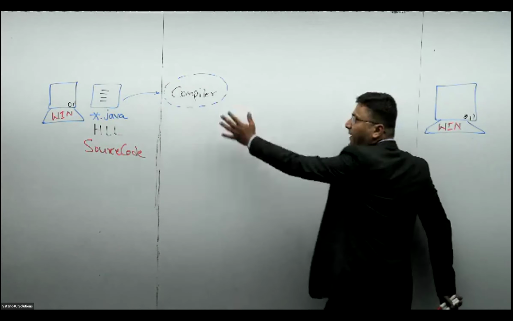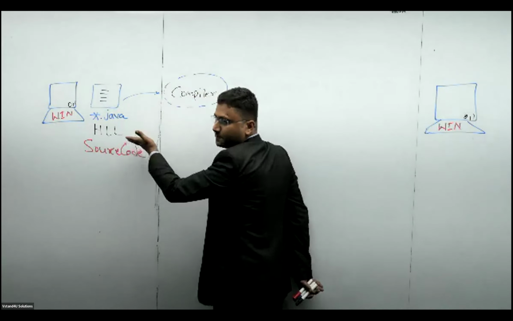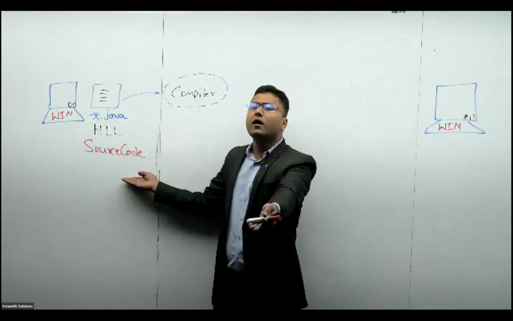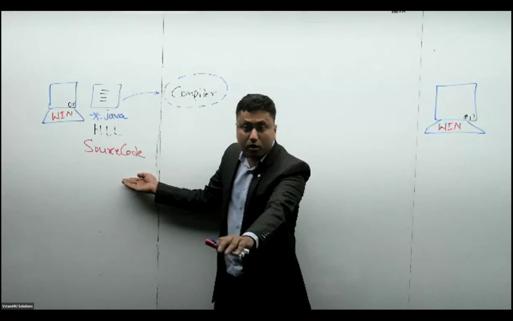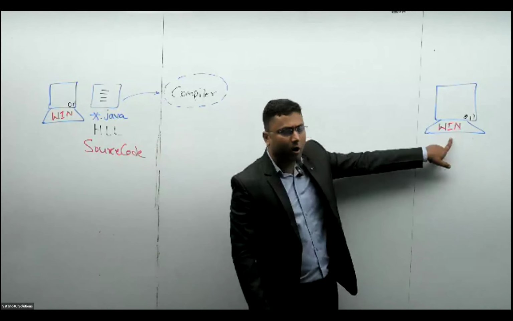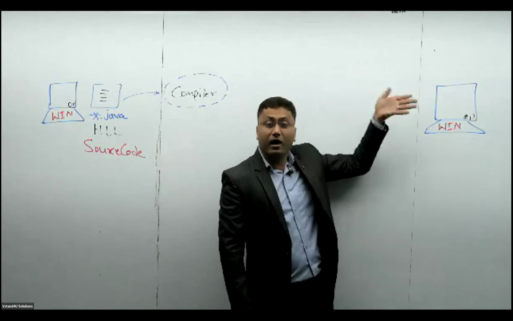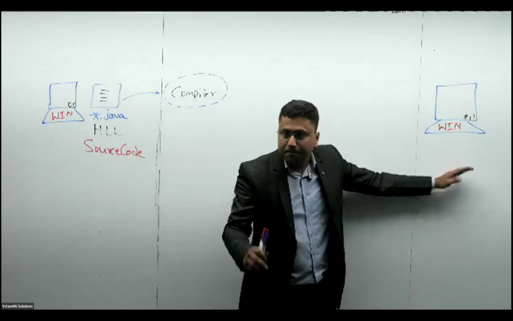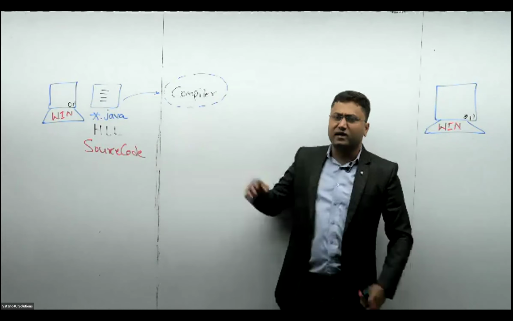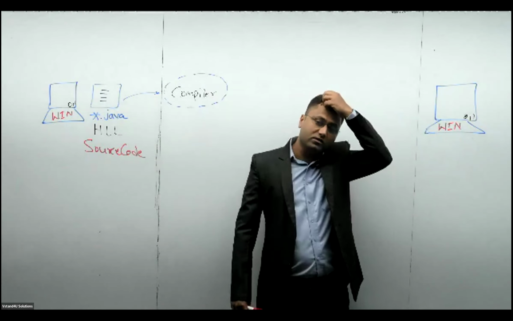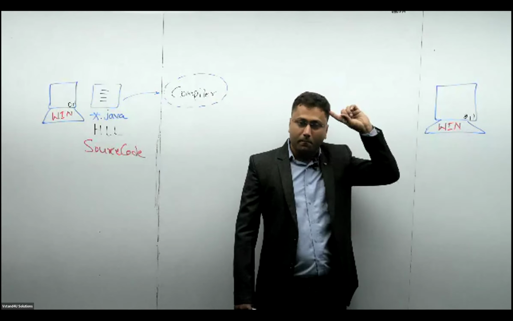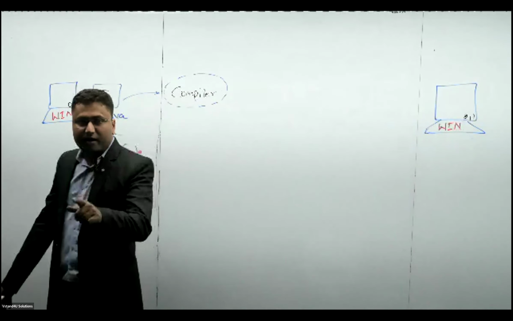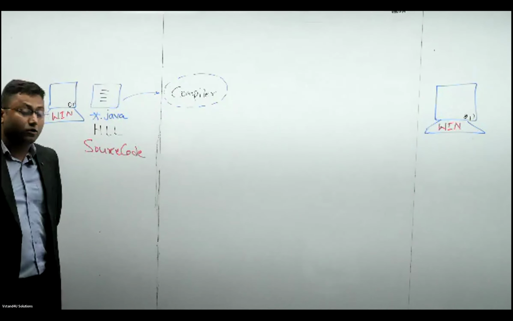The reason: whichever platform is there, everywhere the compiler is reading what? Source code. But if the Windows operating system is there, it will generate executable code understandable to and compatible with Windows. Yes or no? Agree. If Linux is there, the compiler will generate for Linux. This is what the problem was, because directly executable code was being generated. Am I clear? Java said it will not do this.